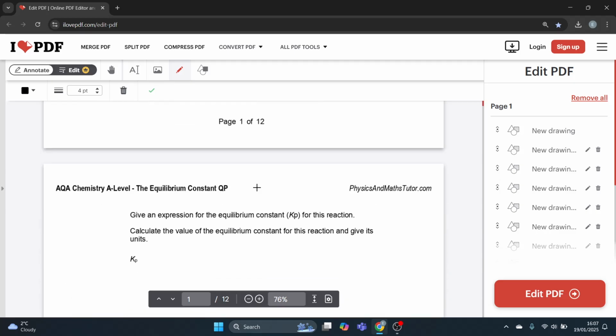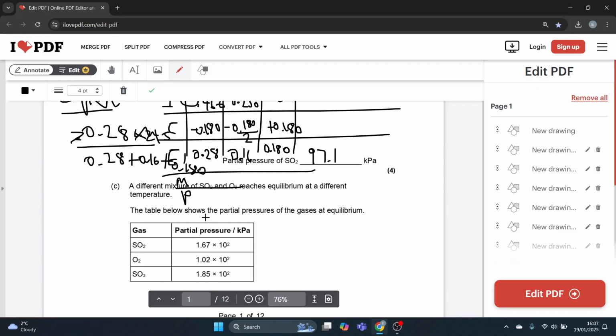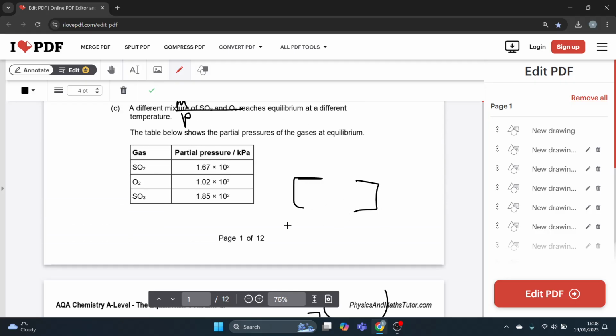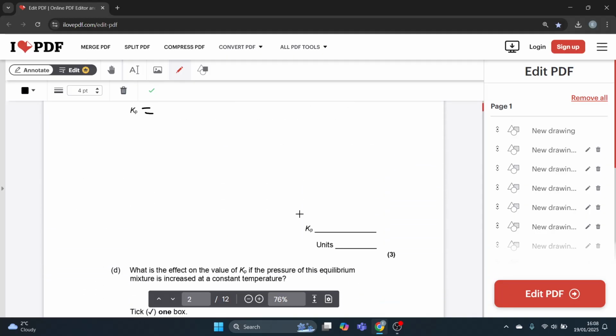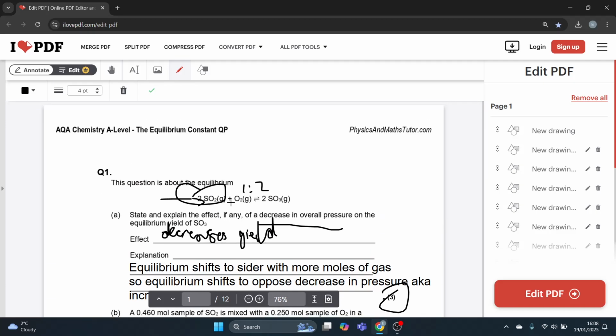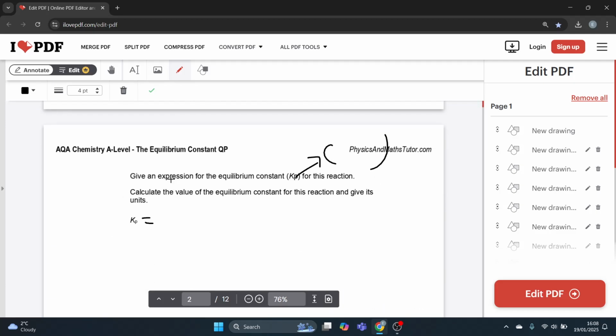Question C, give an expression for the equilibrium constant Kp for this reaction. Remember with Kp, it's curly brackets, not square brackets. Square brackets is always Kc. You make that mistake, you're not going to get this mark. There's 3 marks in this case, but you would lose out on a mark. So the partial pressure of SO3 squared,